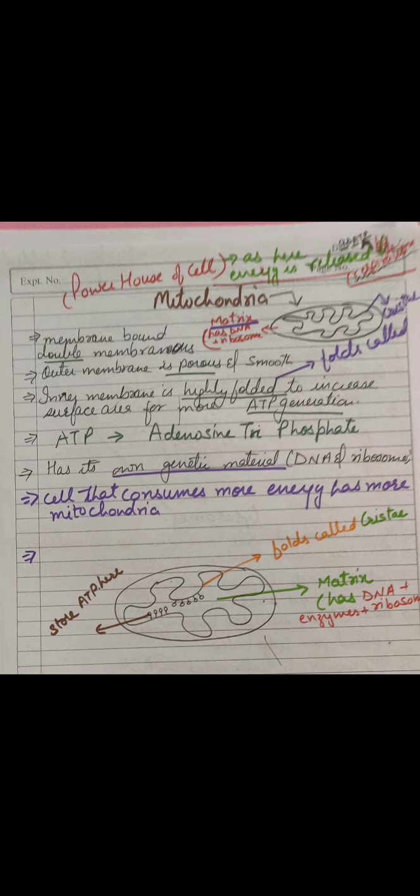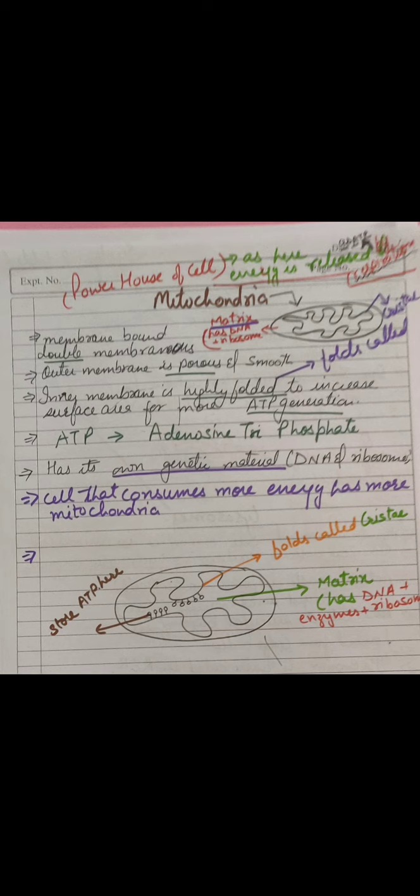They are also membrane bound. What is the meaning of membrane bound? Again and again I am using this word. Membrane bound means having a membrane outside of it. But what is special here? Here it is not one membrane. Here two membranes are present, so it is a double membranous organelle. You can see in the diagram, the outer membrane is smooth, but the inner membrane is highly folded. And this highly folded membrane is called the crista.